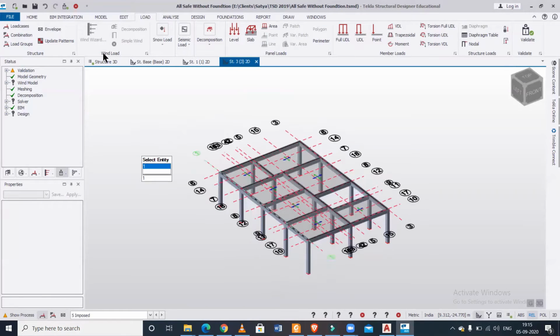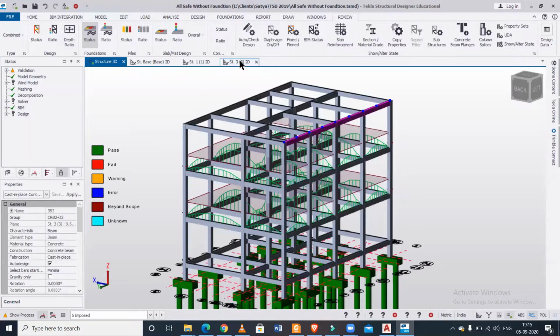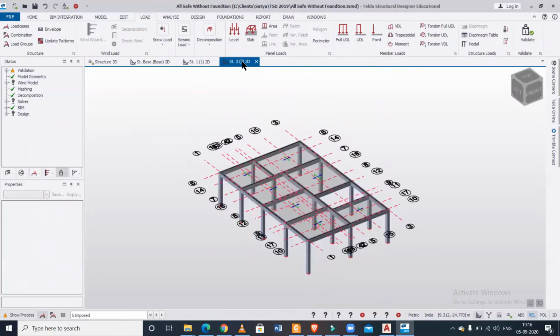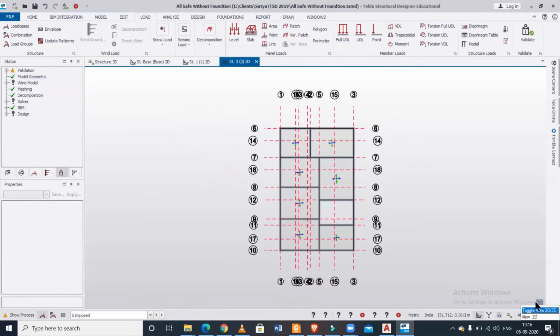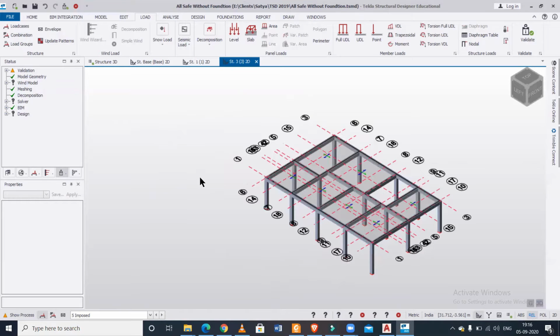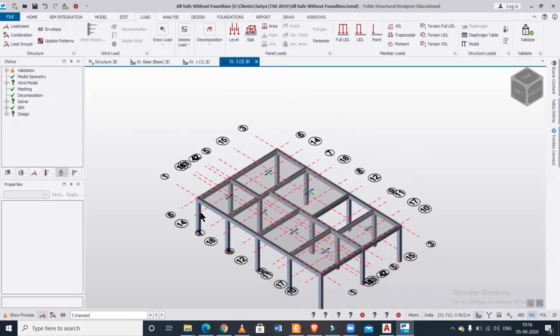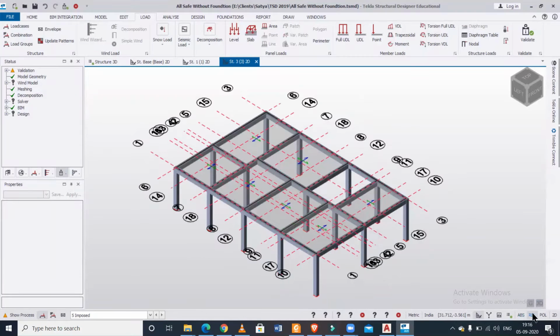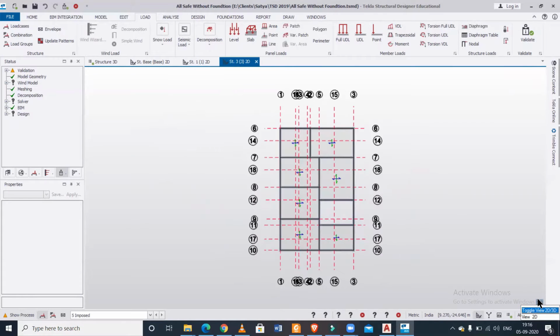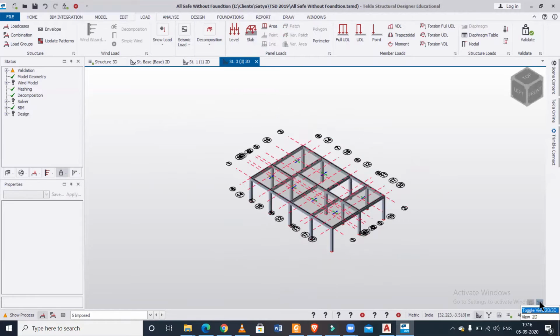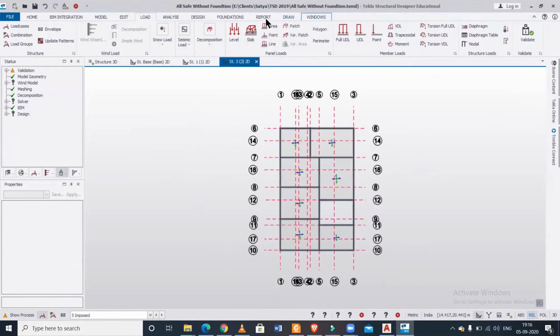As you can see, we have a building model here and we have taken a particular floor, and we'll apply loads to that floor. In any view, as we have the top view of the terrace in this portion, you can toggle between the 2D and 3D view by simply clicking here. In 3D view, some options are not visible, but in 2D view, all the load options you can see and then apply.